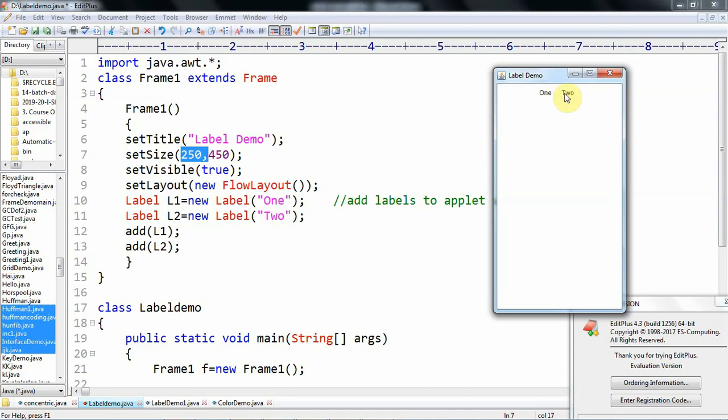This does not provide any interaction to the user because a label is a passive control. It simply is used to identify some other component on the window, that acts as a label for identifying some other component. So this is the program that demonstrates labels.